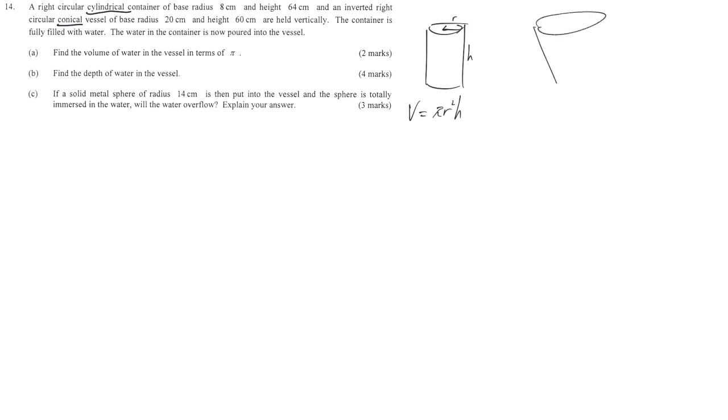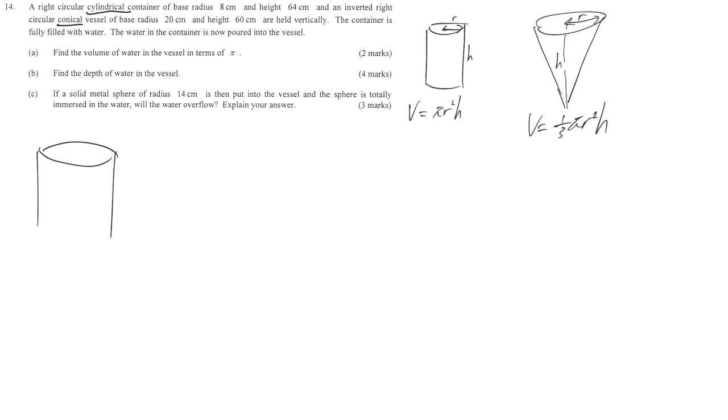Another object is an inverted conical vessel. The radius is r, the height is h, then the volume is 1/3 times pi r squared, the circle, times height, which is 1/3 of our prism. So to apply this to the case, the very important thing is you need to draw properly